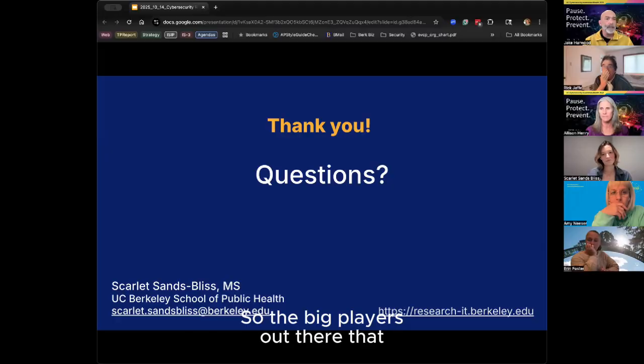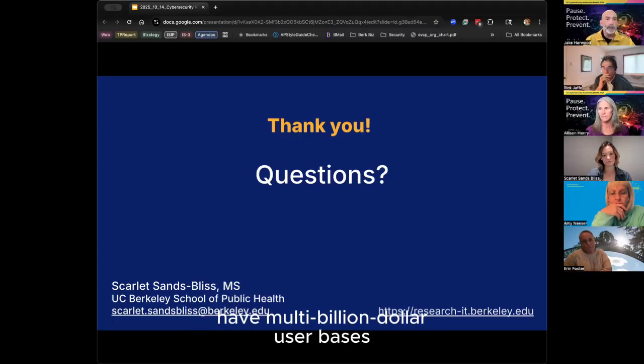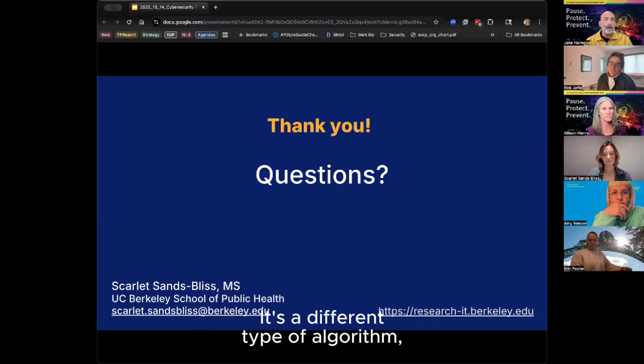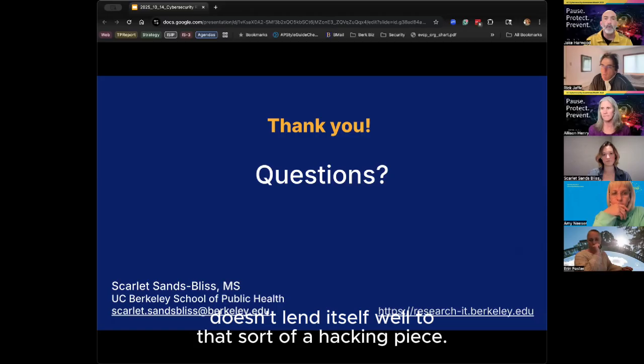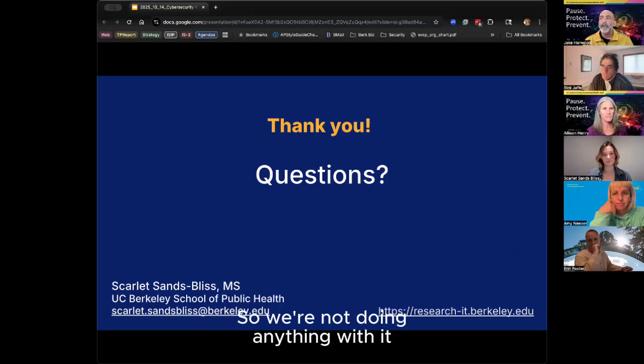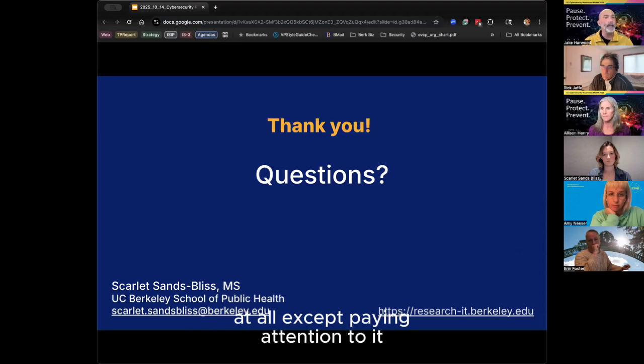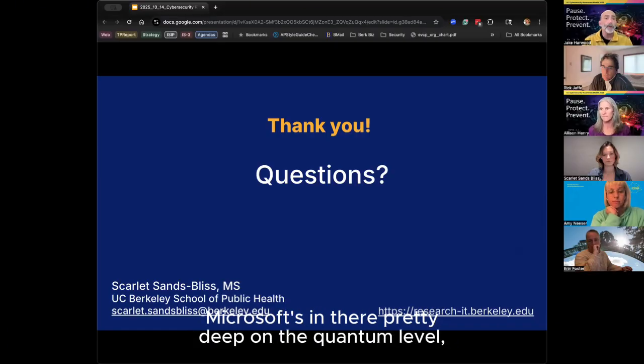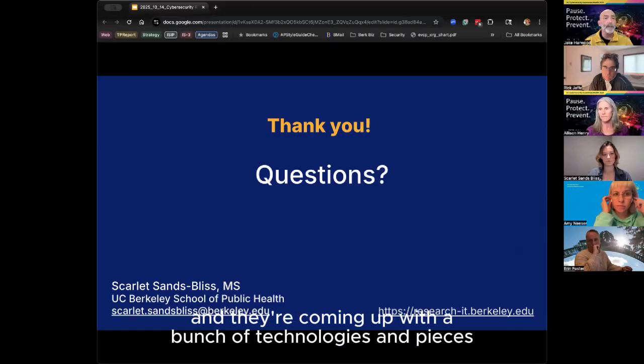So the big players out there that have multi-billion dollar user bases are starting to adopt this technology that's different. It's a different type of algorithm, doesn't lend itself well to that sort of hacking piece. So we're not doing anything with it at all, except paying attention to it and seeing what the larger corporations are doing. Microsoft's in there pretty deep on the quantum level, and they're coming up with a bunch of